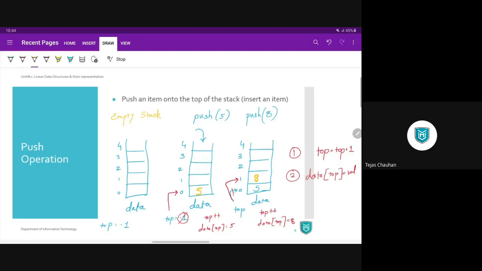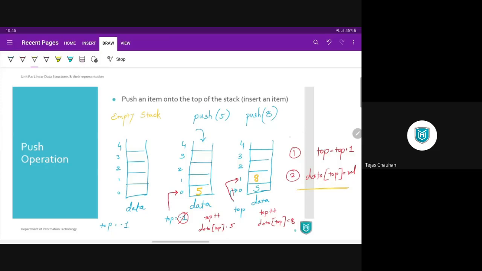That's how these two steps work: top plus plus, and then data of top equals value. These are the two steps we perform whenever we want to insert any value in the stack.